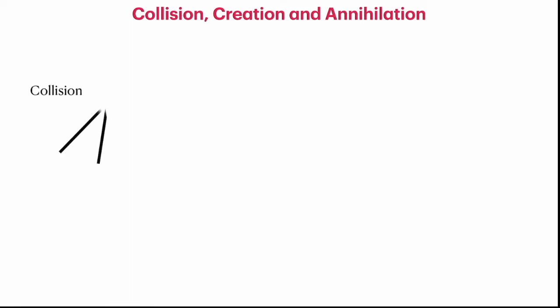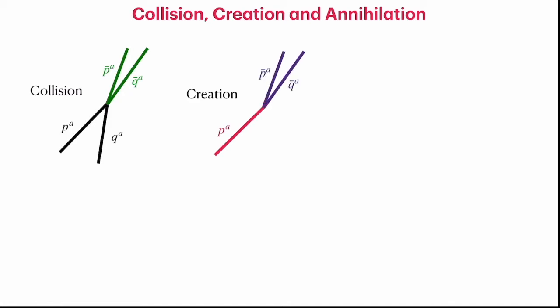So this is mainly application to the elementary particles where you can have two particles with the 4 momentum P^A and Q^A come and collide at a point, and then leave out the 2 particles with the 4 momentum P bar^A and Q bar^A. In similar way, we have a creation where you have a single particle which comes and produces one more particle or produces 2 particles, and it loses itself. So that way you have a creation where a single particle with the 4 momentum P^A splits into 2 particles with the 4 momentum P bar^A and Q bar^A.